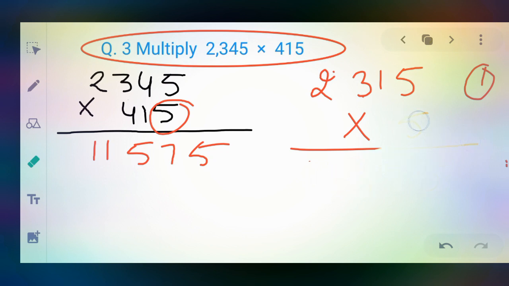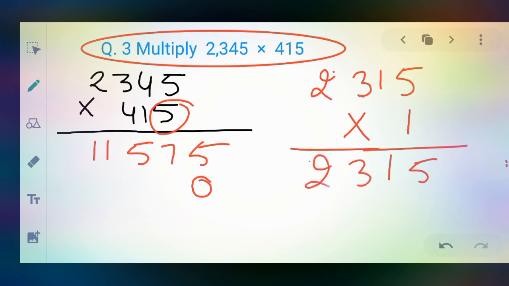Okay, now dear student, I will remove these things. Now I want to multiply by digit 1. Okay, so I write here digit 1, which is tens place. So you know very well, whenever you multiply by tens place, you put here 0 or you can put here a cross. Now you will multiply here by 1. So what you get? You get 1 5 is 5, 1 1 is 1, 1 3 is 3, 1 2 is 2. So this answer starts from the tens place. Okay, this is ones place, tens place, 100 place, 1000, 10,000.